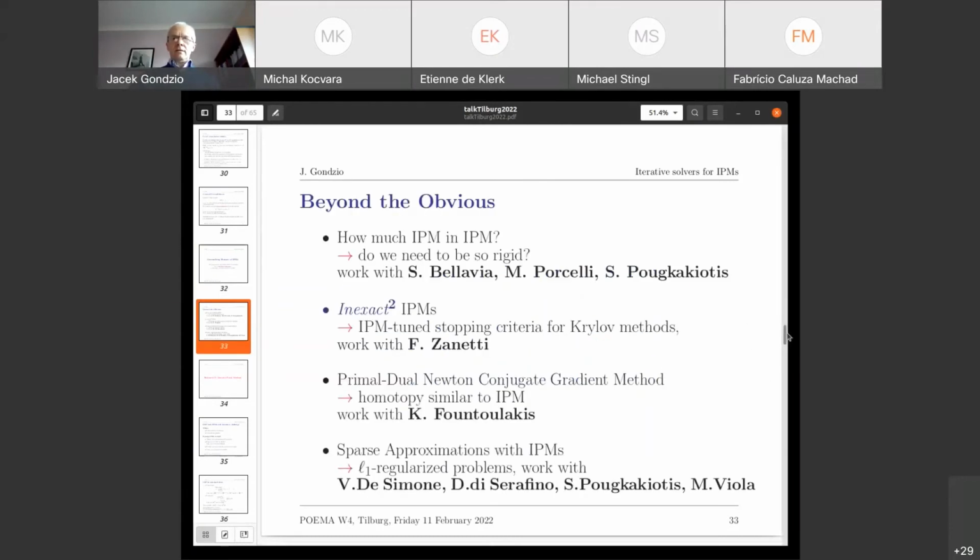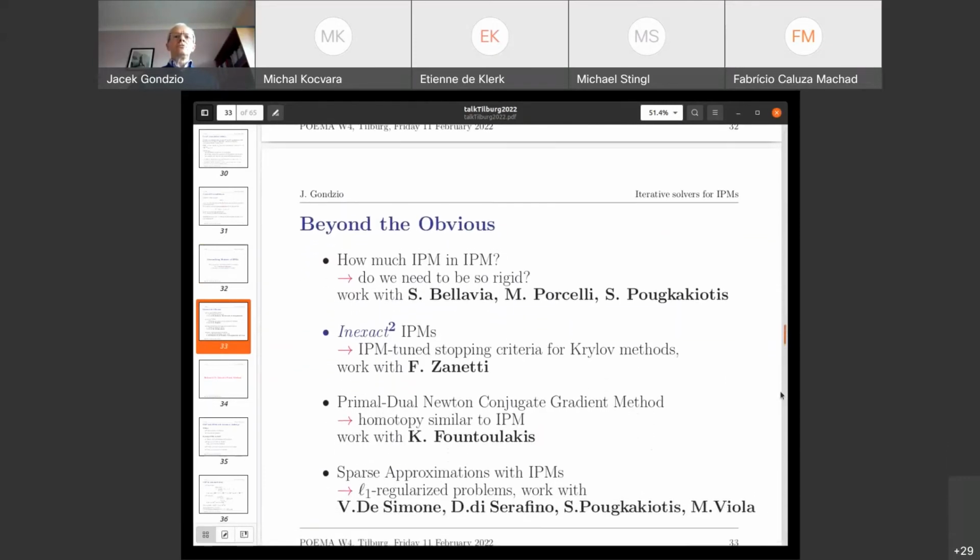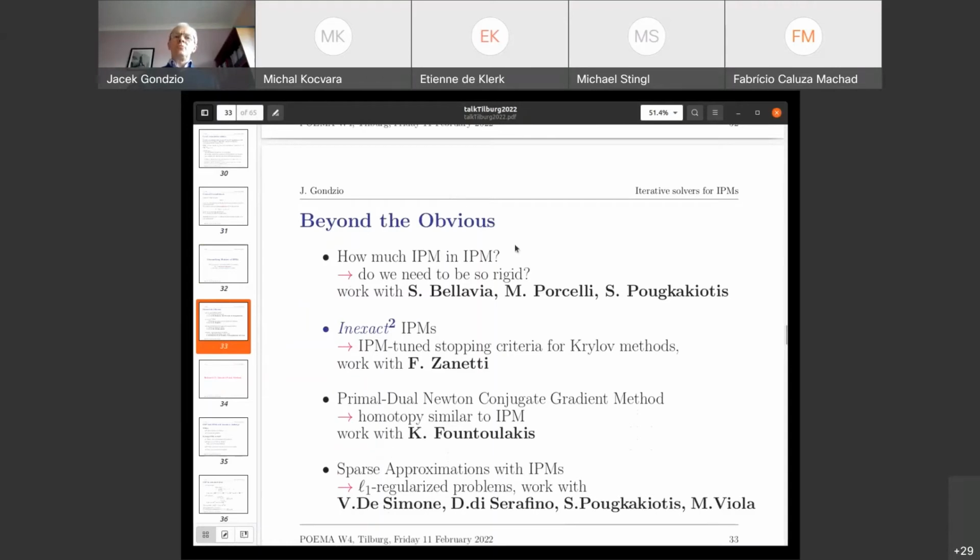In the next part of the talk, I'd like to go beyond the obvious things of interior point methods. So I'll show you that we can relax a lot of requirements normally used in interior point methods. We do not have to be very rigid. We can do things much more aggressively. Up to the point of this recent development, which is a very, very inexact method developed by my PhD student,